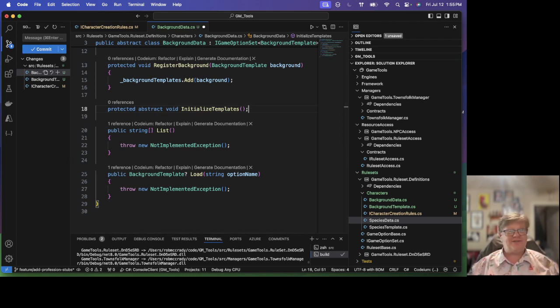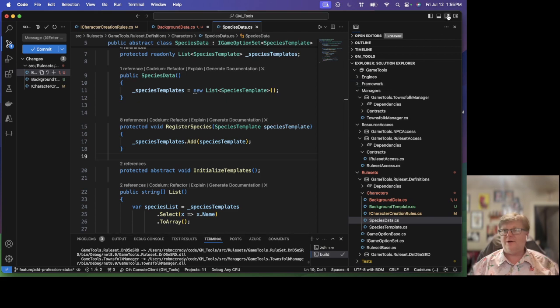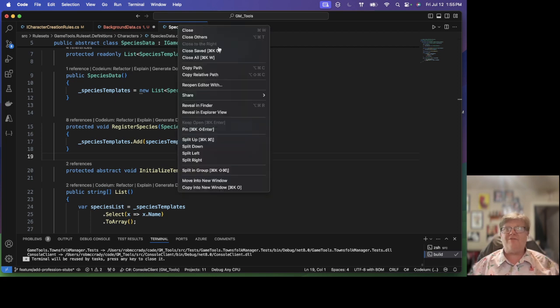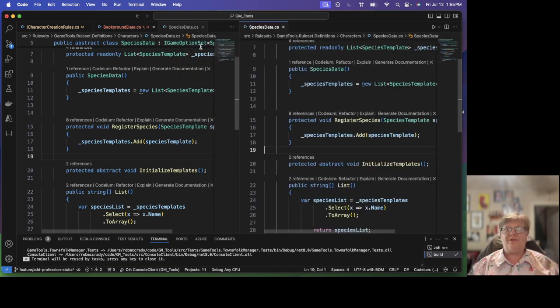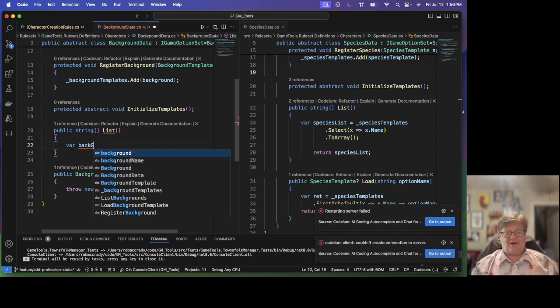we're going to do almost exactly the same thing here as we did over in our species. As a matter of fact, let's pull species data over here, hide my explorer, hide my change graph. Let's split this guy off to the right. So the list method over for species all it does is it creates an array representation of the names in the species templates list. Over here, we're going to say var background